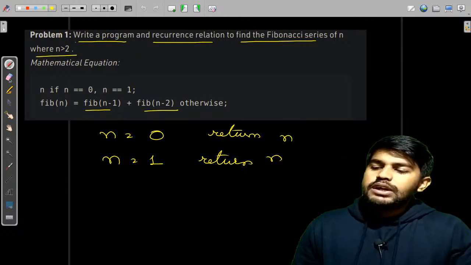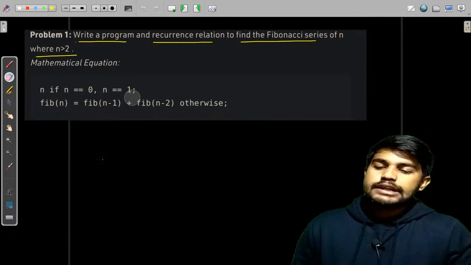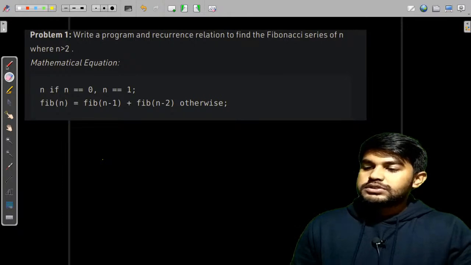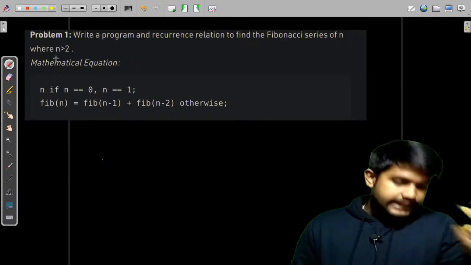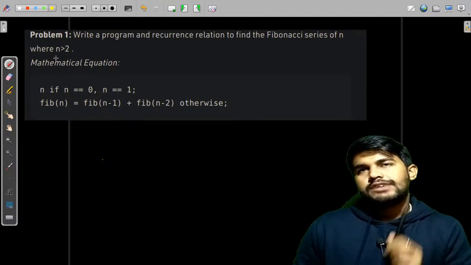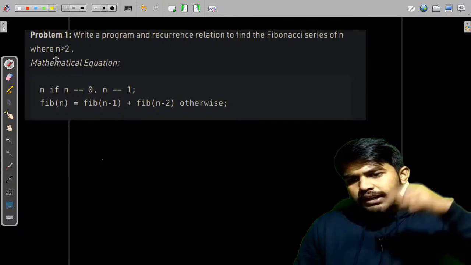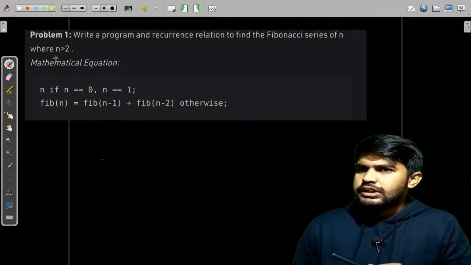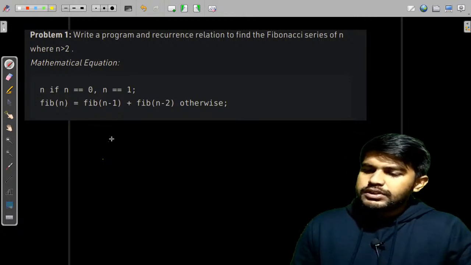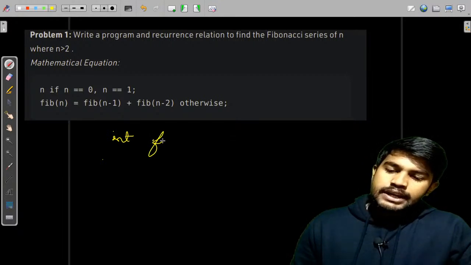So what would be the return type of this code itself? We are getting a value, and the parameter will surely be n, and we are providing a value after some computation. So the return type will surely be int. We can name it fib only.